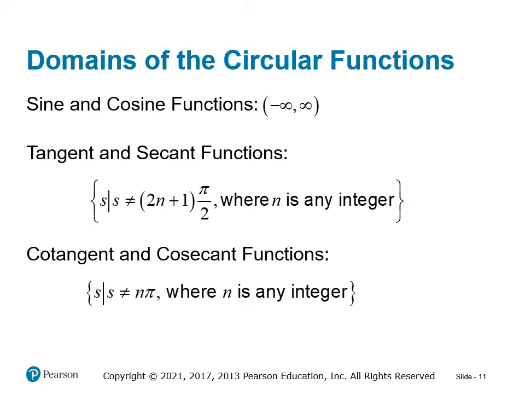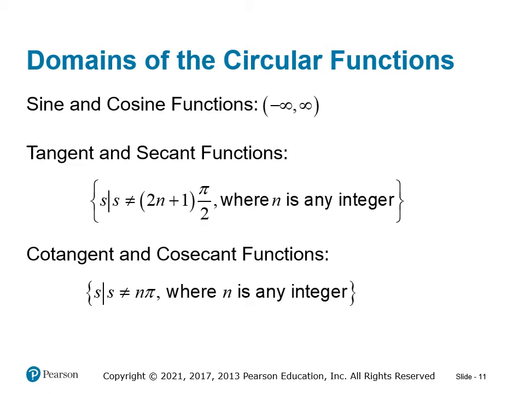Tangent and secant are undefined at odd multiples of pi over 2. So 90, 270, or here pi over 2, 3 pi over 2. And what's in the parentheses here, 2n plus 1, is just saying that this is an odd multiple. So if n is 0, then we get 1. If n is 1, we get 3. And so again, we're really looking at the y-axis, the 90 degree and the 270, where tangent and secant are